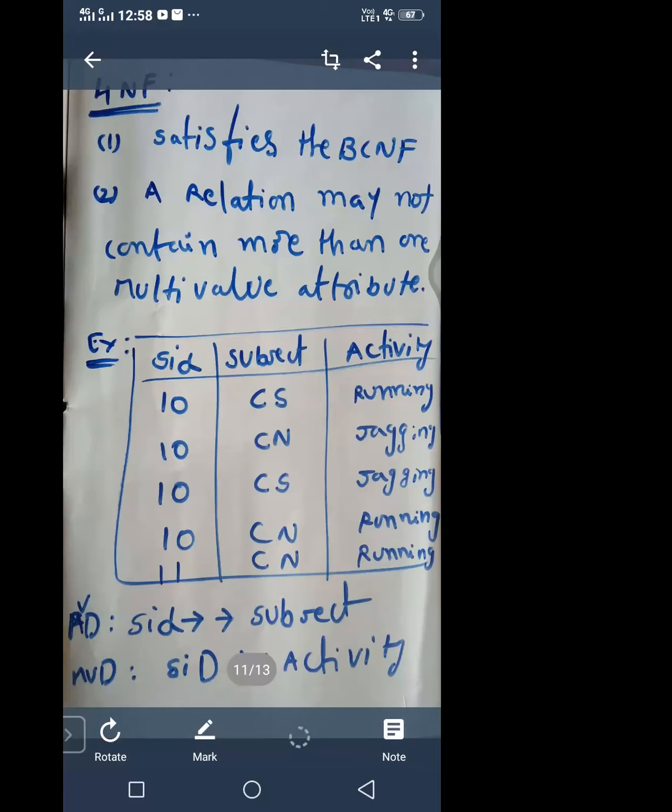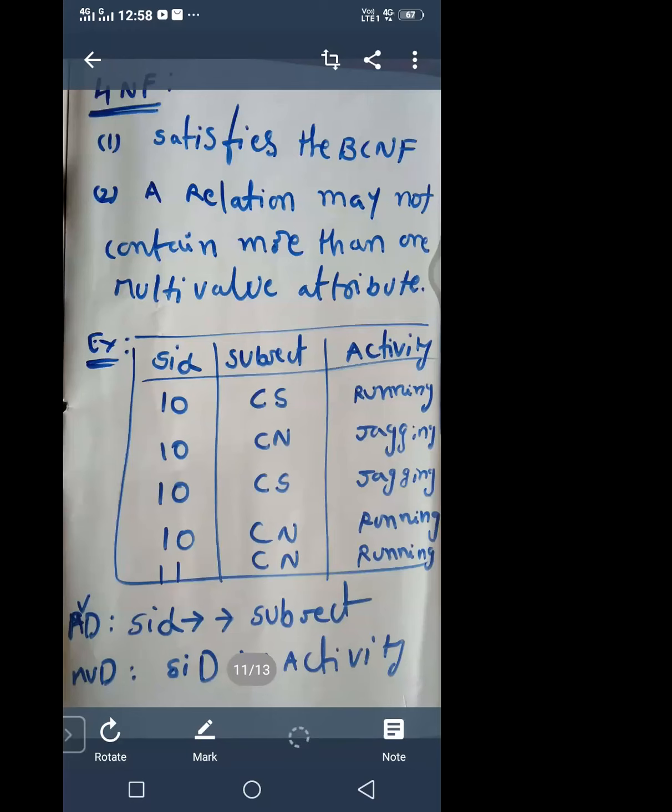So what it means in the case of BCNF is, if it determines one attribute, then that particular key attribute should be a super key. Okay, otherwise that is not accepted. So for example, if we consider A implies B, A is a super key. Okay, so that is the rule for BCNF.